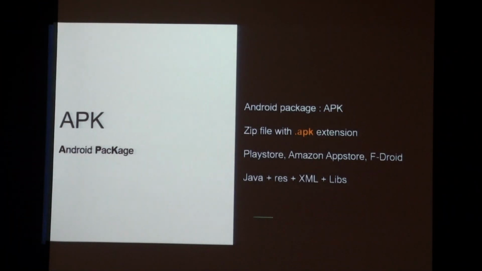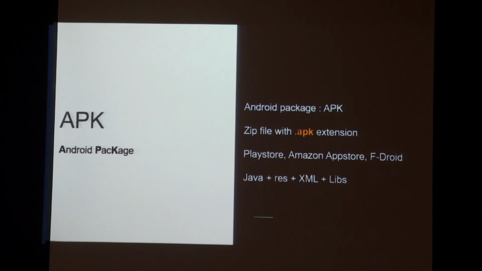Since these are largely related to the Android package, which is APK, let's study how the APK looks and what happens inside the APK. Right, so APK is Android package. It's basically a simple zip file that is renamed to .apk, meaning you could use any of the archive managers to simply open up the APK and look into its contents. Play Store, Amazon Store, these are some of the trusted vendors of Android applications. The last one, which is F-Droid, is open source. It largely focuses on open source Android applications, so you can go check them out.